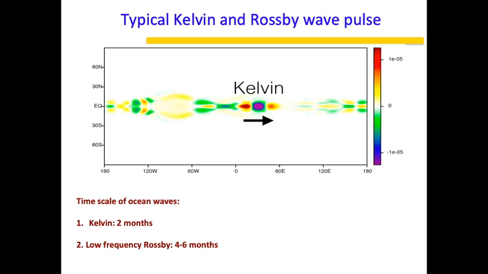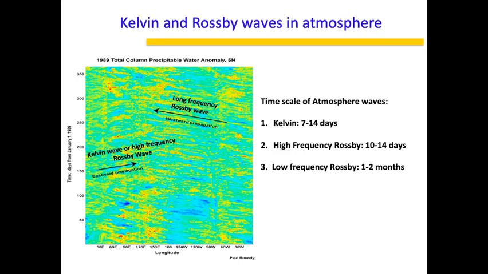Okay, so you have to understand that. Whereas the ocean is a very slow moving body. So whatever is in the ocean will always be of a higher time scale. So Kelvin is 2 months, it can sustain itself. Given the basin size, in the Indian Ocean it will be only 1 month or maybe even 3 weeks, but in the Pacific it can be 2 months. Low frequency Rossby waves can sustain themselves for 4 to 6 months in the Pacific, 1 to 2 months in the Indian Ocean. Okay. So now that is ocean.